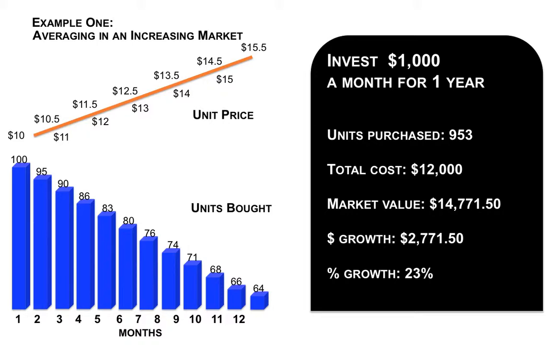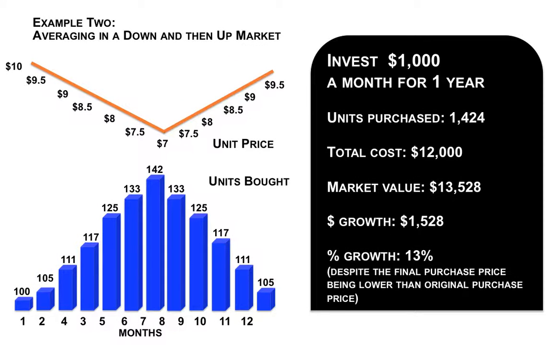And as time goes by, we see a very smooth line going upwards. As the price goes up, the amount of units that we purchase on a monthly basis decreases over time. But there's one thing that should be very, very striking, is that no fund will basically produce that smooth transition upwards with an incredibly smooth and straight line. So let's look at something that's a little bit more realistic. Let's turn to example number 2.